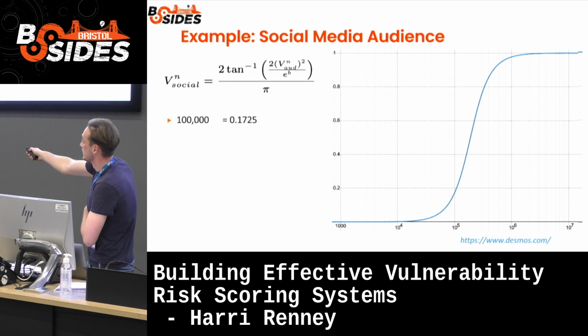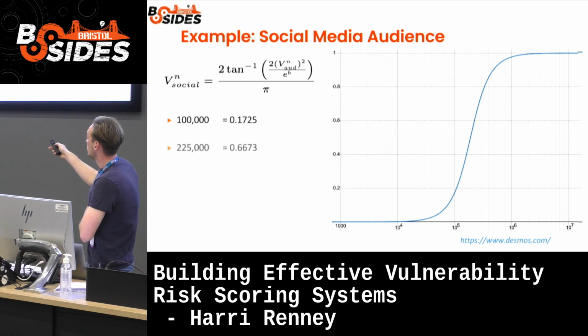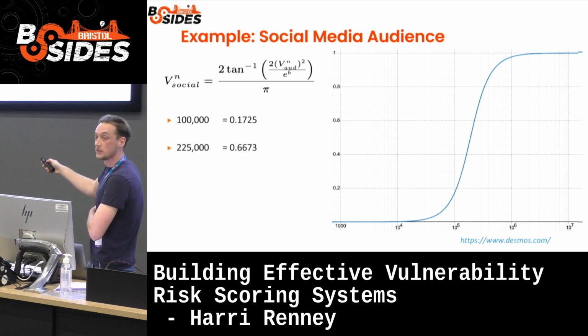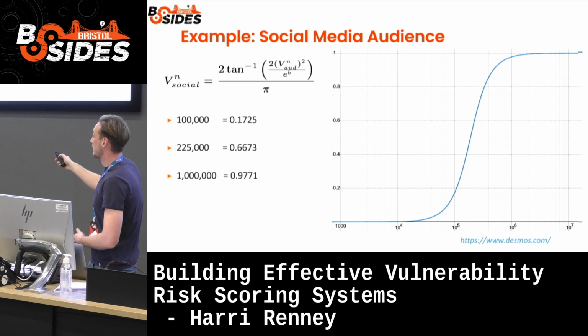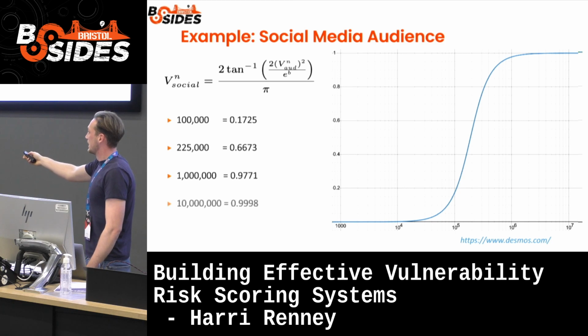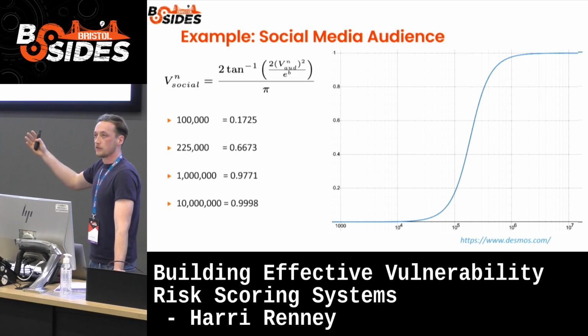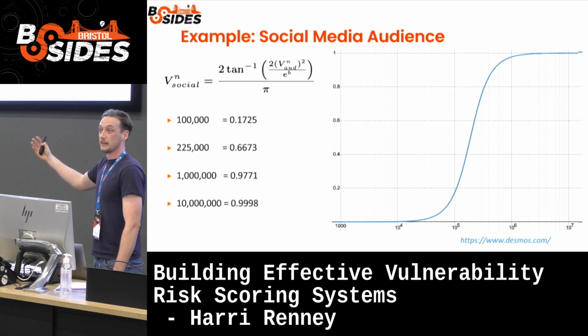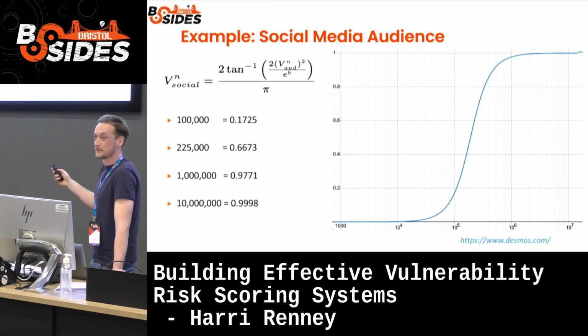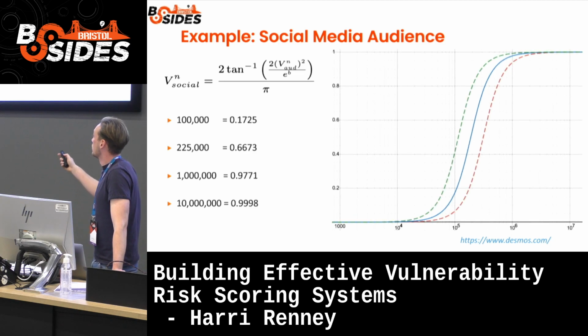So 100,000, there's only 0.175. And then on this curve I built, 225,000 is actually like 0.66. When you get to 1 million, you're up here, you get diminishing returns. Anything over 1 million is basically almost 1, right? So awesome, we got a way to map massive audience sizes, and there's no upper limit on it. Who knows how many people on Twitter could be exposed to a CVE. This handles it perfectly. Well, I won't say perfectly, but it's a good solution for mapping across. And obviously you get parameters to control the shape of your curve.